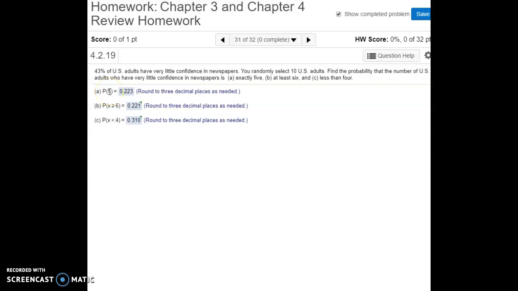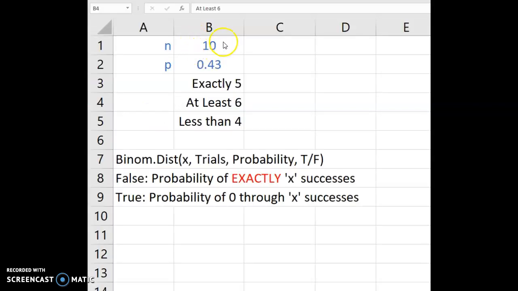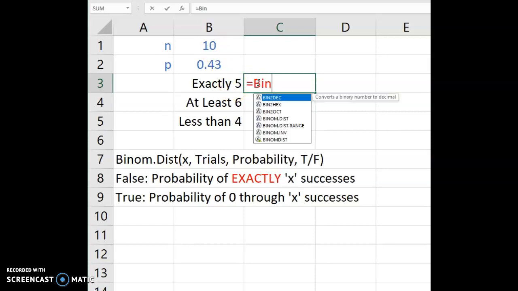So part A, out of those 10 we asked, what's the probability exactly 5 have very little confidence? With a binomial experiment, we always need to keep in mind our number of trials, in this case the 10 adults we're asking. The probability of success we need to know, in this case 43% have very little confidence. So what are the chances that exactly 5 out of the 10 have very little confidence? There's a formula you can use